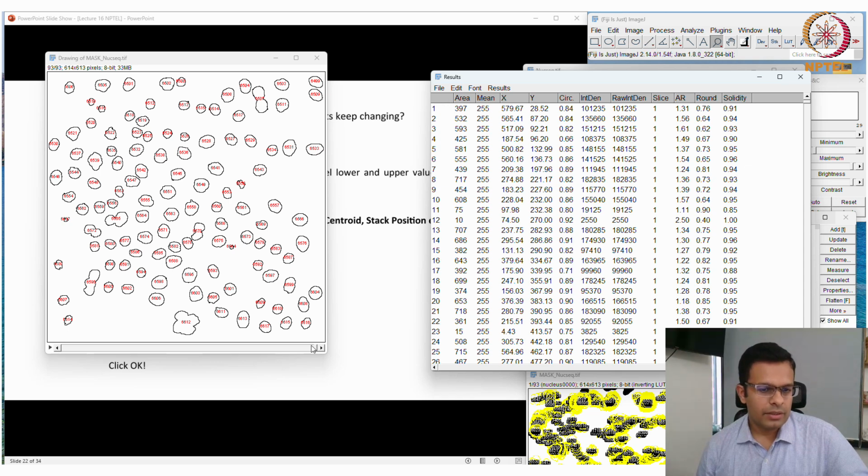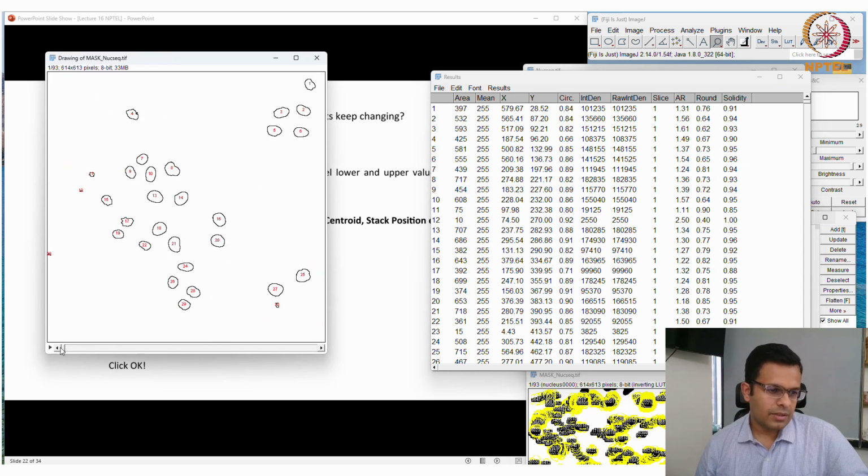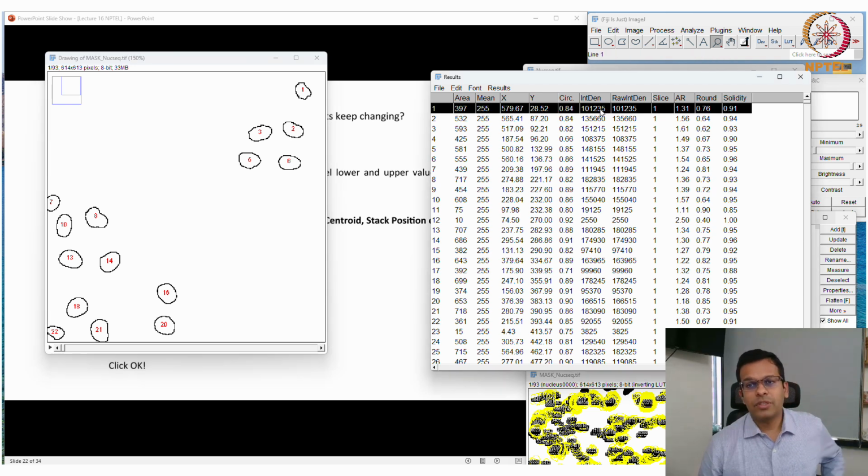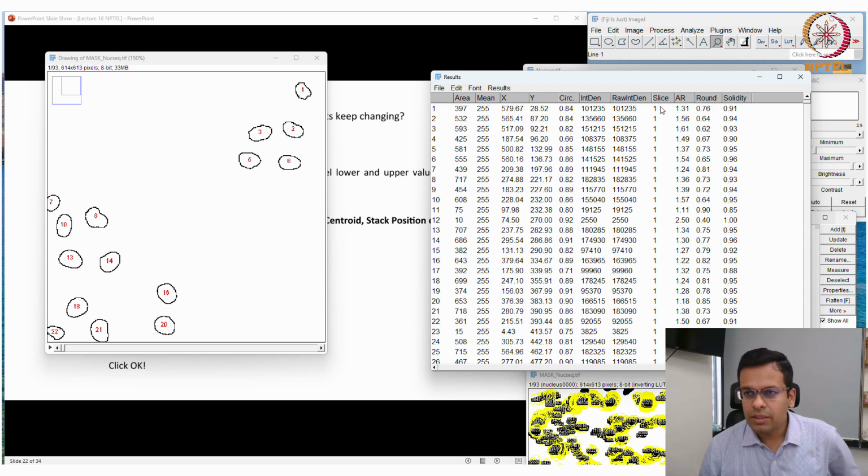So let's go to the first time point, and this is nucleus number 1. For this nucleus the area is this, mean intensity is this, x and y position is this, its circularity is this, integrated density, which is the fluorescence intensity, and this is raw integrated density, this is slice number 1, then its solidity, round, and other parameters which are not required at this point.